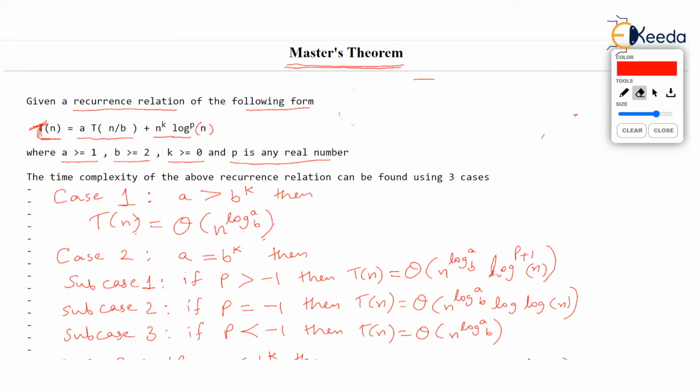Anyway, I just wanted to tell you when Master's theorem is applicable. Rather, I wanted to explain what is the significance of this equation given. Now, many authors write this part, which I have written as n raised to k log raised to p n, as theta of n raised to k log raised to p n. This way also this particular part is written, but we have omitted theta without any loss of generality.